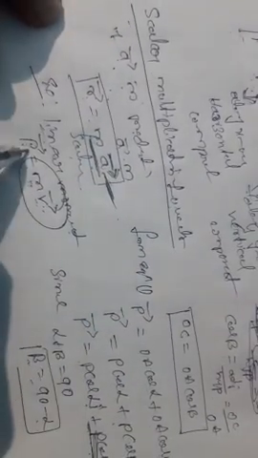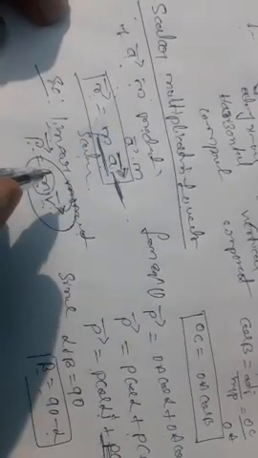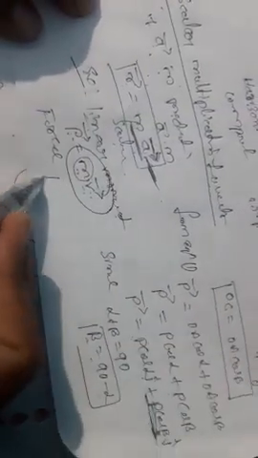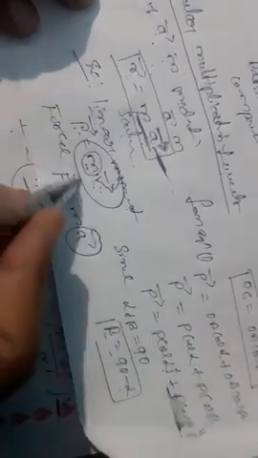Vector P is a vector, vector V is a vector, and m is a scalar. One scalar, one vector is present. That is called scalar multiplication. Next, the force equation. What is the force equation? Vector F is equal to mass into acceleration. Acceleration is a vector, force is a vector, mass is a scalar. One scalar, one vector. That is called scalar multiplication of a vector.